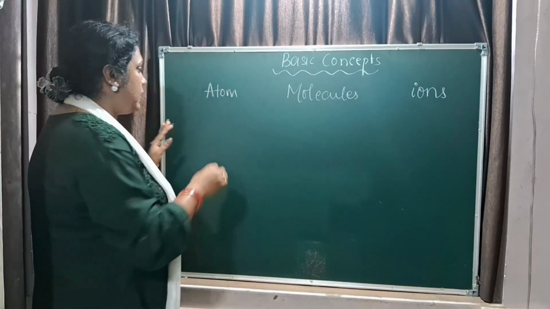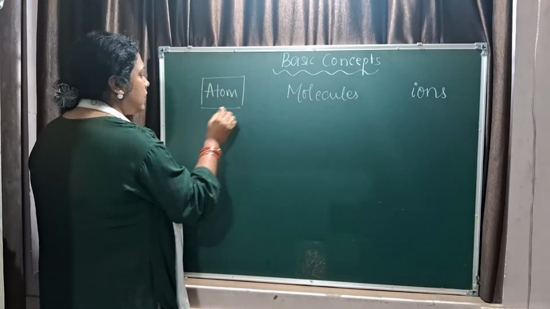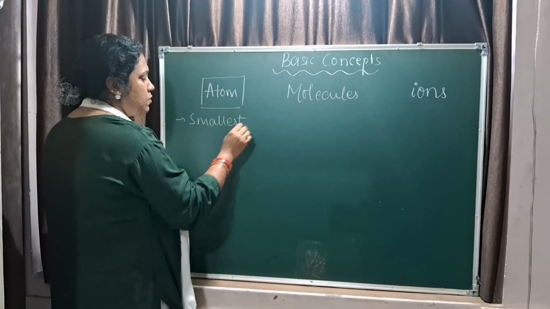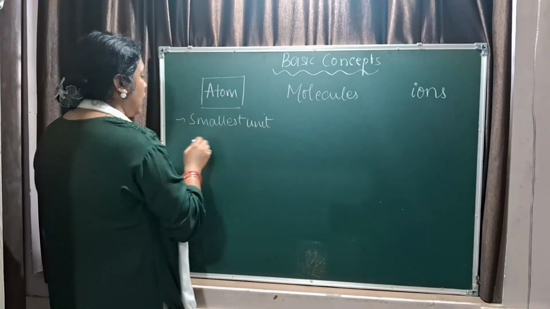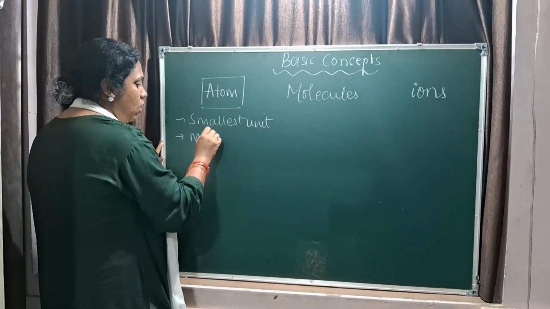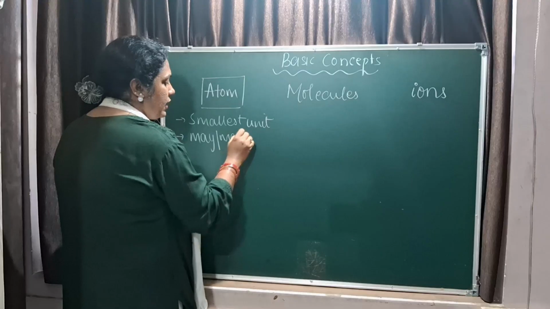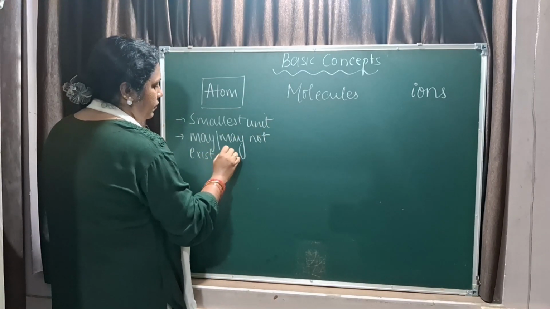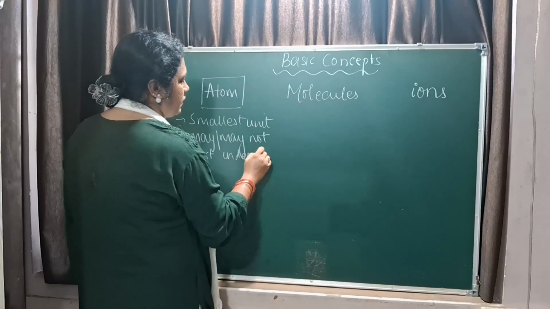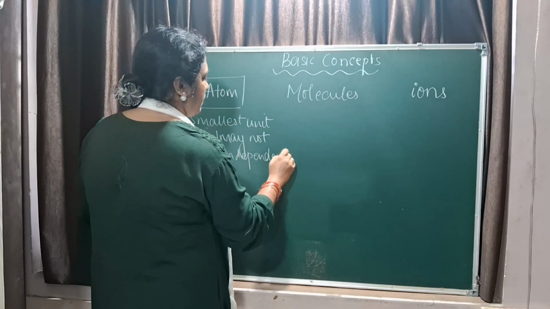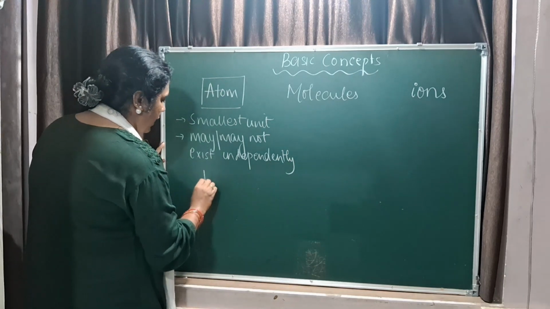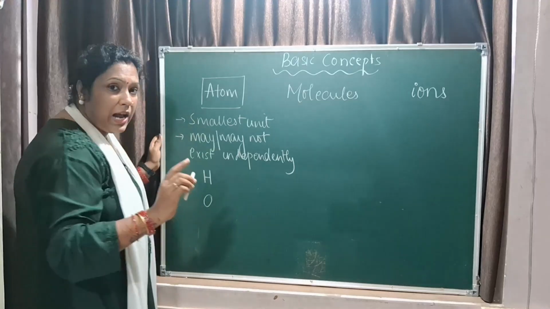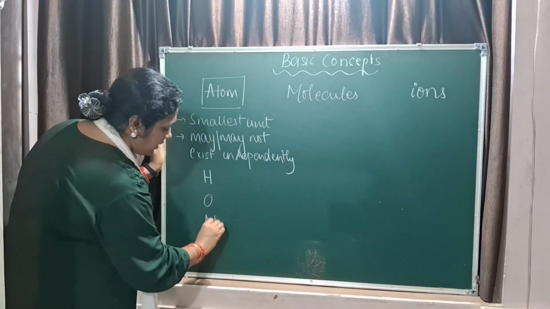Now when I talk about atoms, atoms are basically the smallest unit of a substance, and it may or may not exist independently, right? For example, H is an atom of hydrogen, O is an atom of oxygen, N is an atom of